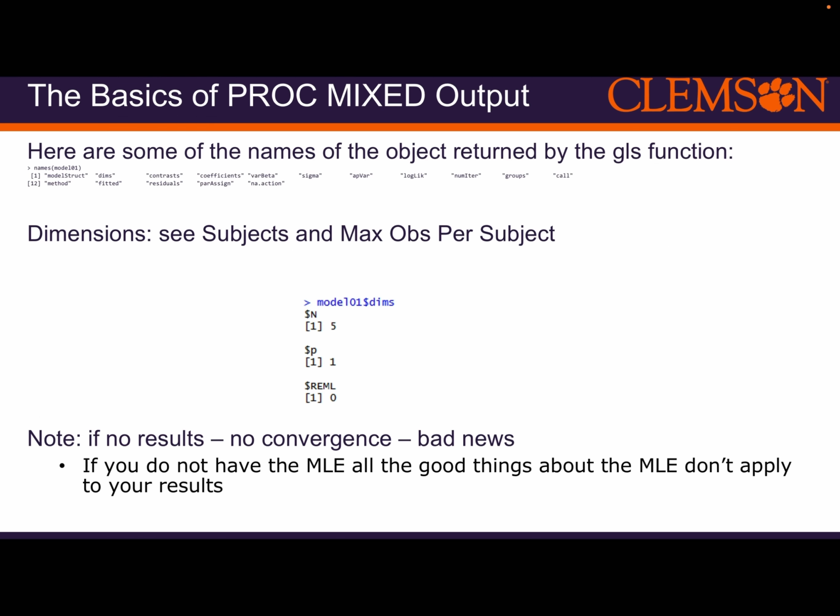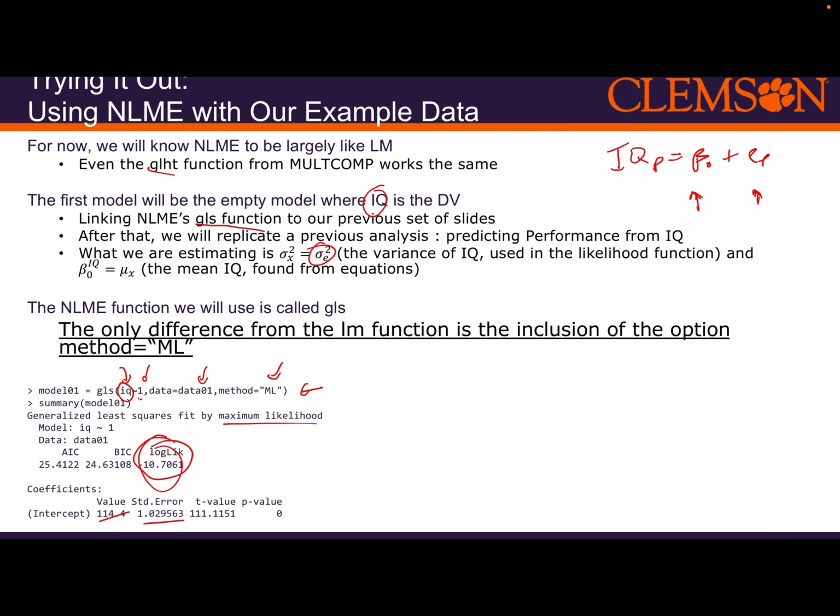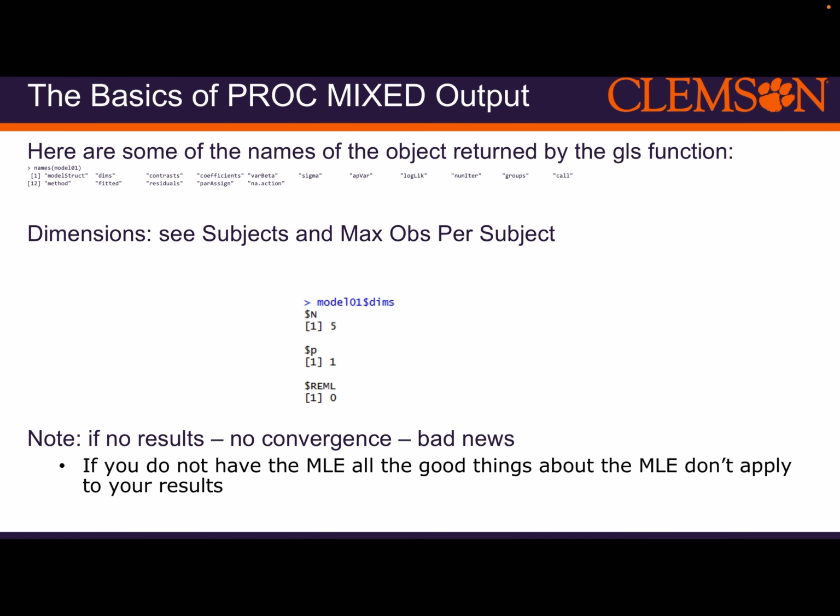Now, here are some of the names of the function that comes back. The key is that we have log likelihood. We have new interesting things called information criteria, a whole bunch of stuff that comes from it. But here's the basics of the NLME output. Here's all the objects inside that output. And what we see here is the number of subjects is 5, one parameter, and this is not residual maximum likelihood,